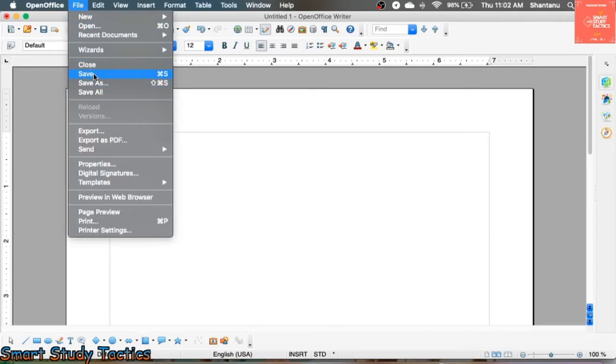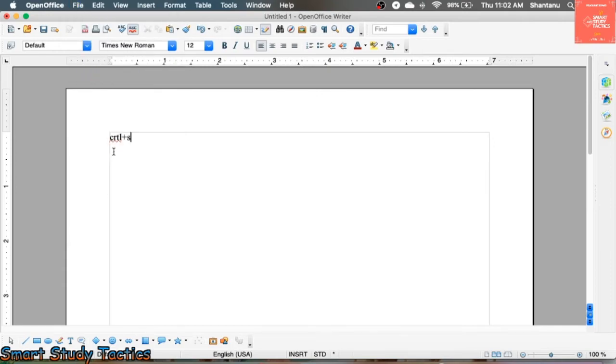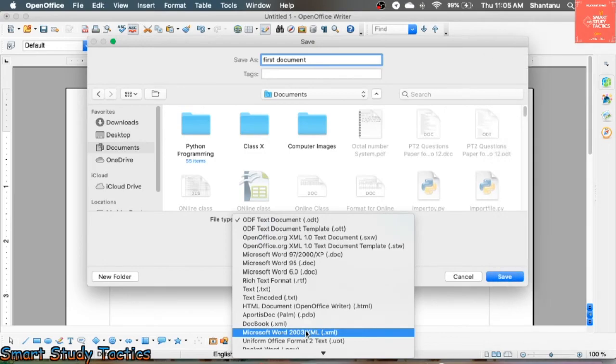To save the document, the shortcut is Command plus S, but if you are a Windows user, then it is Ctrl plus S. As you can see here, this is the shortcut key to save the document. If I want to save the document, I click on File and Save. I can decide the name of the document and its location by clicking on this option. After that, you simply click on the Save button. It is going to be saved in your computer's file, in the same location.